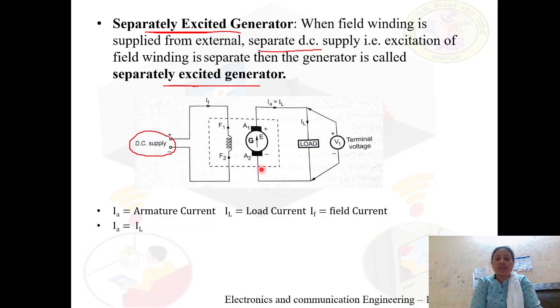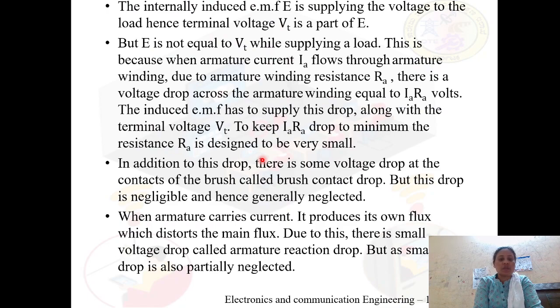Generally the value of RA will be very, very small. Next, the brush contact will produce some amount of voltage drop. We call it the brush contact voltage drop. Practically this will be very negligible. And in addition to this,